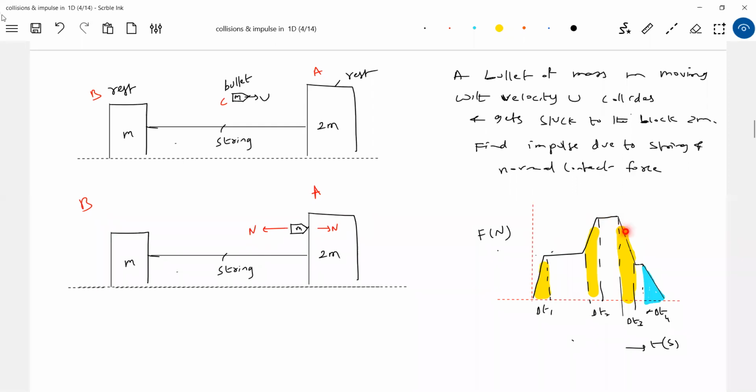Again, no impulse. Now the force decreases in magnitude, from a higher value to a lower value in a small interval of time. You should not say impulse. And again, look here, the force has some value and suddenly becomes zero. No impulse. So impulse is set up when force from zero becomes non-zero suddenly, or from a lower value becomes a higher value suddenly. From a higher value to a lower value, or from a certain value to zero, no impulse is set up. So an impulse is set up by this force